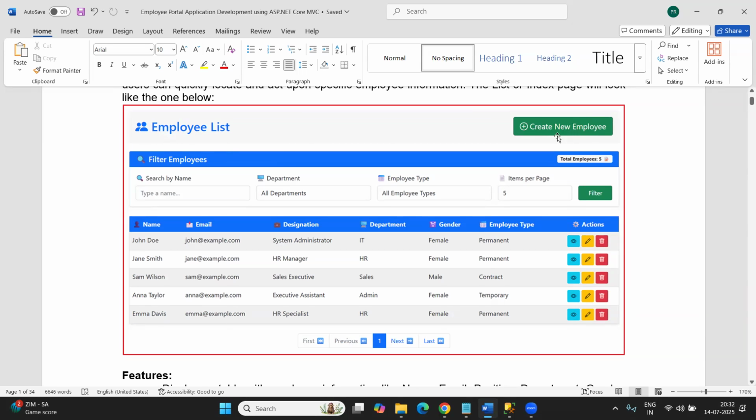So in the list page, first of all, we need to provide one button, you can say create new employee. When you click on this button, it is going to create a new